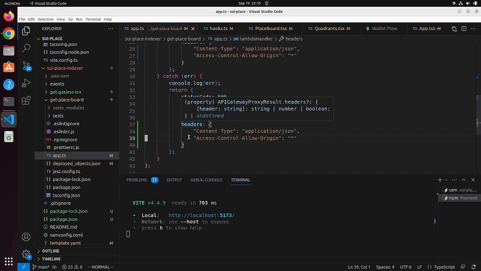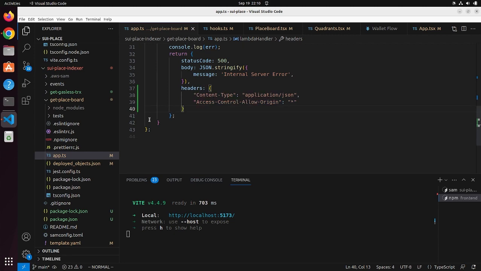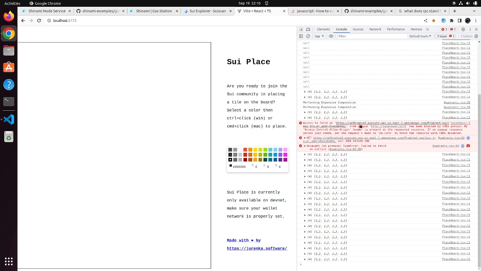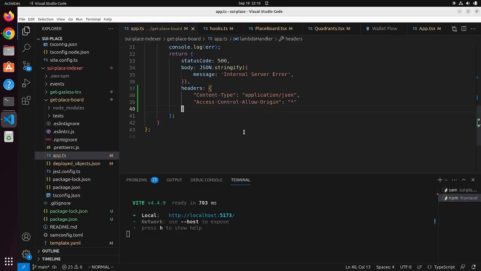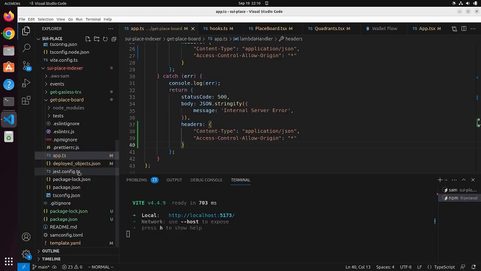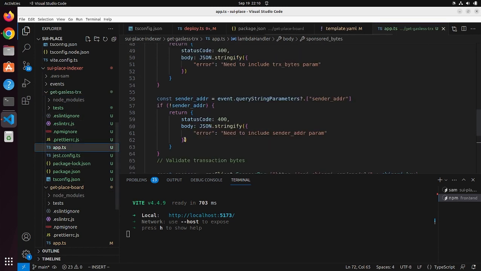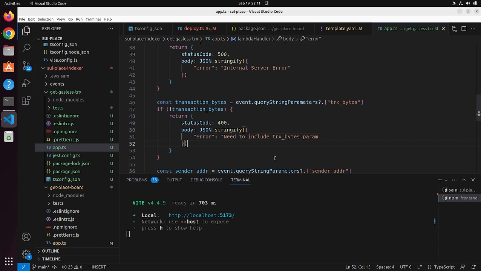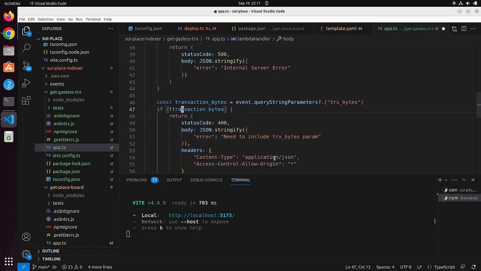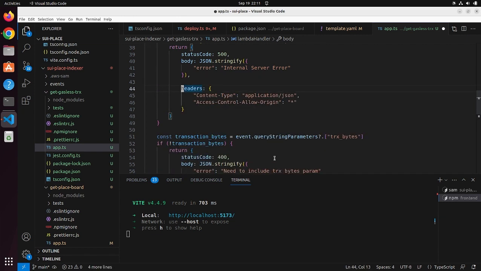Before I check this code, before I build and deploy, we have these headers. We need to enable CORS again for the same reason, so that the browser front end will recognize that this random URL is valid. I just deployed and forgot to do that, so I will remind you to do so too before you wait for it to build and make the same mistake I usually do. And that's pretty simple to do. Again, we just have to add these headers. Let's go back here, and we're just going to add them to every single one of these. Like this, like that,